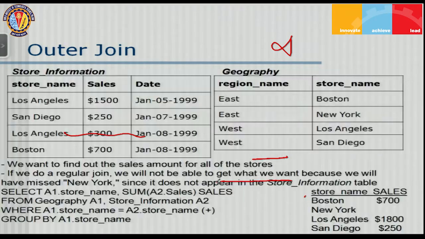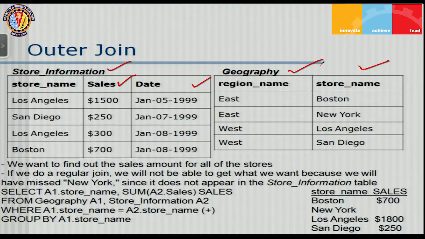Let me show you this with an example. This is a different example altogether, but it explains the outer join very nicely. You have store information: there is a store name, sales, and date. This may be for a product or the total sales. And then we have a geography table where you have the region name and the store name. You can see that store name is common in both these tables. We want to find out the sale amount for all of the stores. So if you do a regular join,